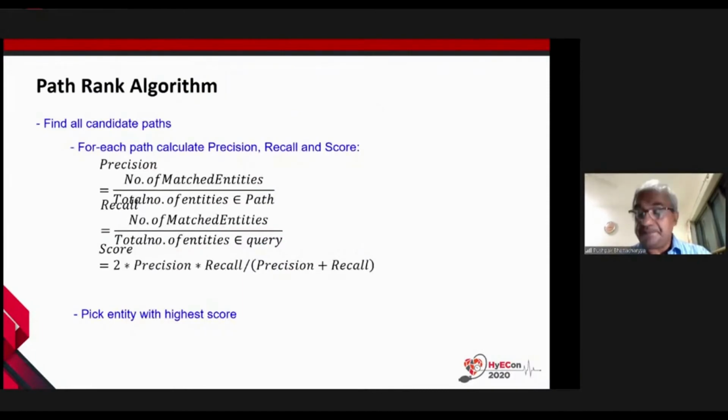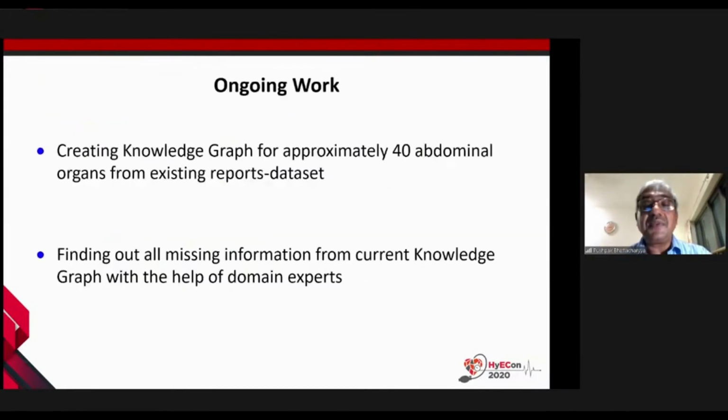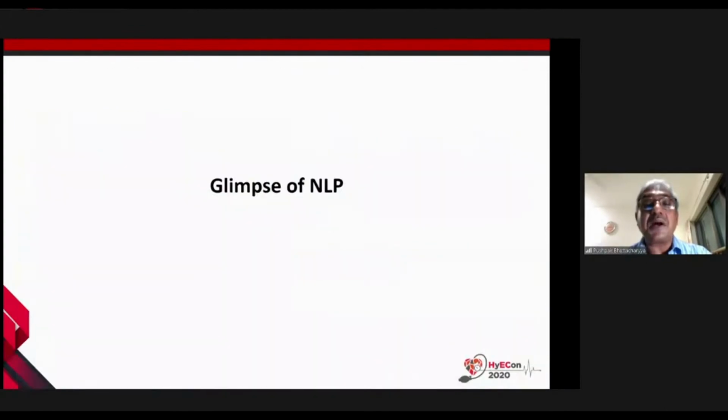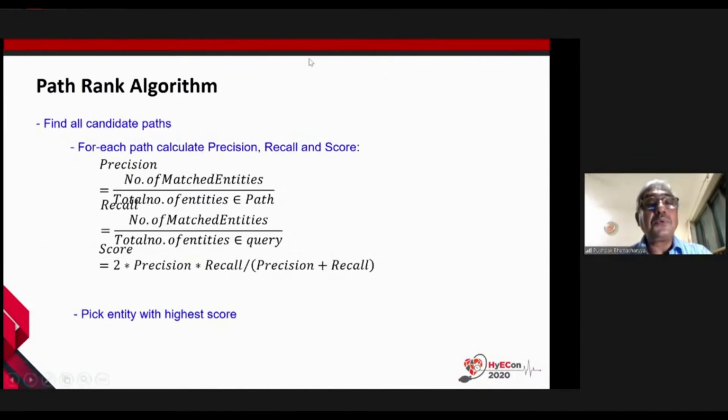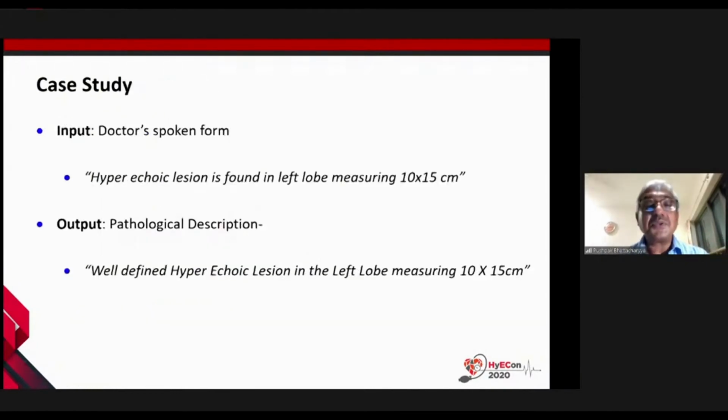So what happens is that many different parts of the knowledge graph get activated. Many paths get activated, and therefore we have to do what is called a path ranking algorithm. I apologize for making some technical terms here, but they come in the flow. So they essentially score the various pathological descriptions, give them a figure of merit, and the one which is the best is output finally. So this has proven to be very useful. I give a case study.